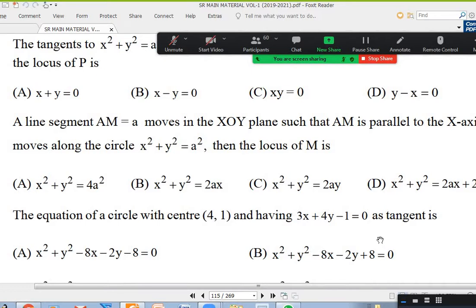Okay, 46. I will explain this in the class. Take a circle, take every point on the circle and move towards the right side by A units. That's what they are asking. Because they said this is A, this is M, and what is the locus of M. So every point should go to the right side by A, meaning the whole circle should move towards the right side by A. What is the center of the original circle? 0, 0. Since we moved everything to the right, the center will be A, 0 and radius A. Radius doesn't change. You know the center and radius, so you find the circle equation.